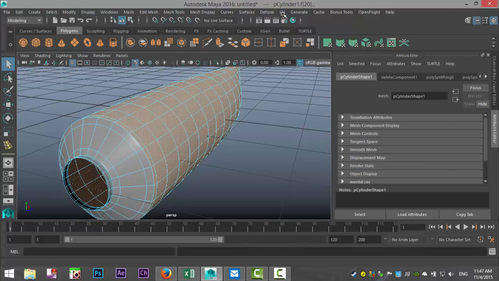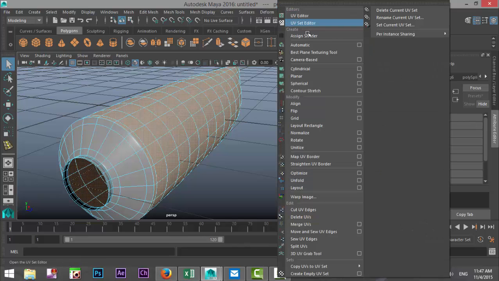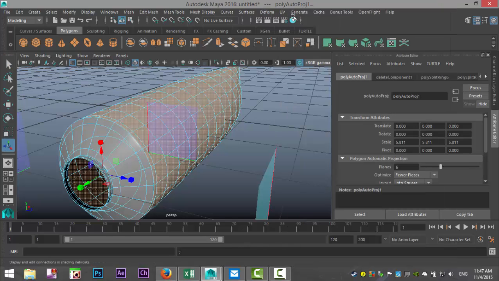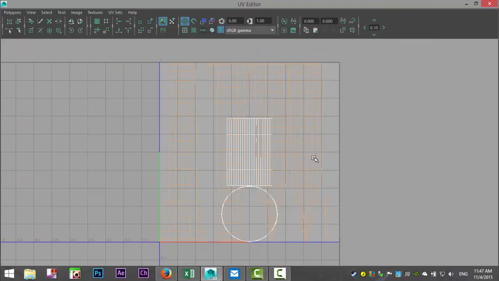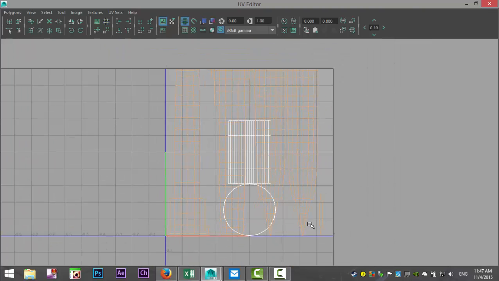We're going to go up to UV, automatic, and then UV editor. Let's see what we got here. Okay, so we're looking at these guys. Right click shell, and I'll just hit W and move that over.